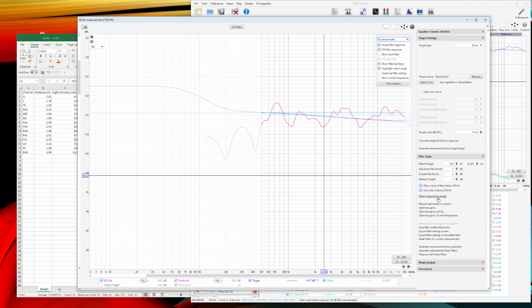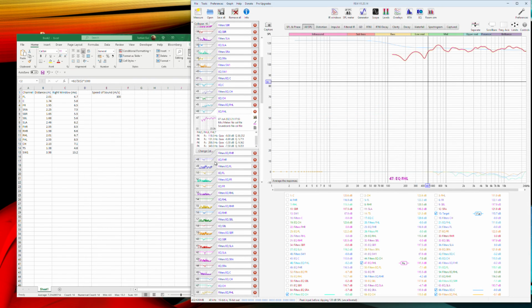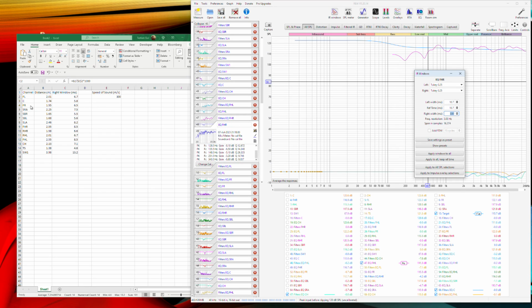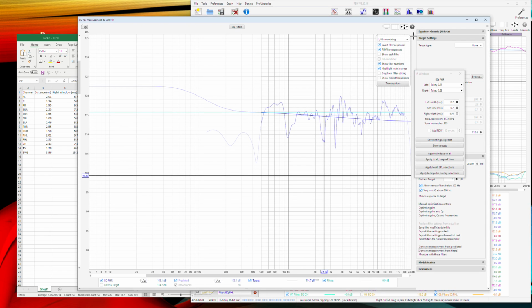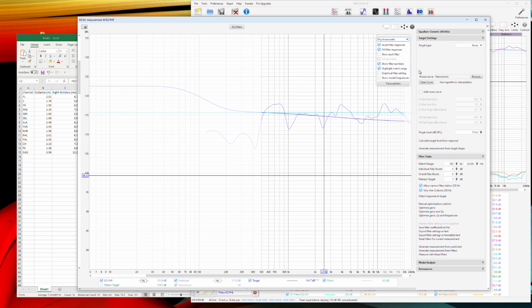And these settings do not change from measurement to measurement, and generate measurement from filters. EQ FHR. Window is from here 8.5. EQ, psychoacoustic smoothing. There are keyboard shortcuts for these things, by the way. Try to remember them, because this really takes a lot of time.